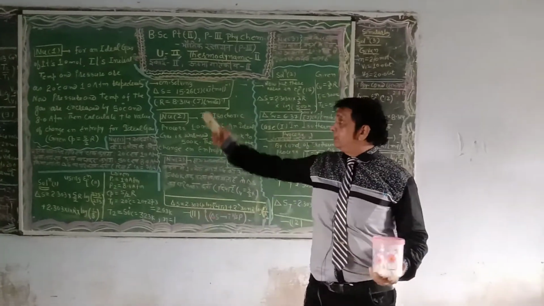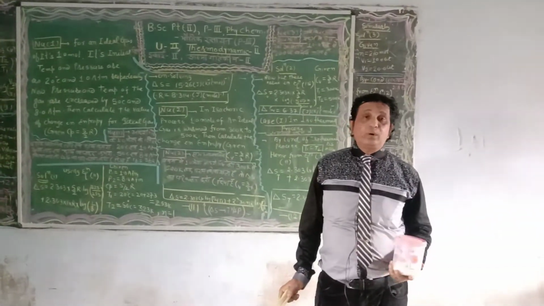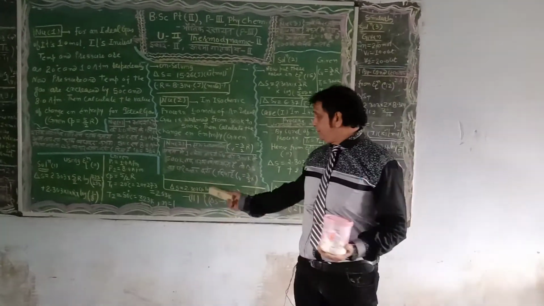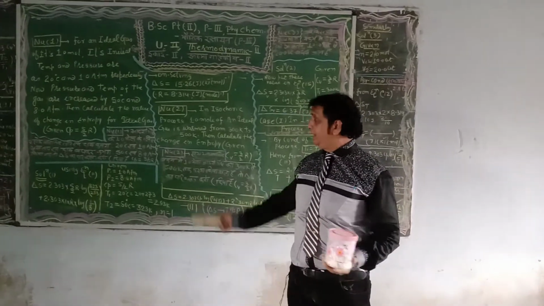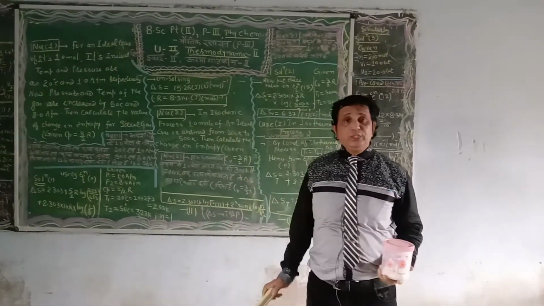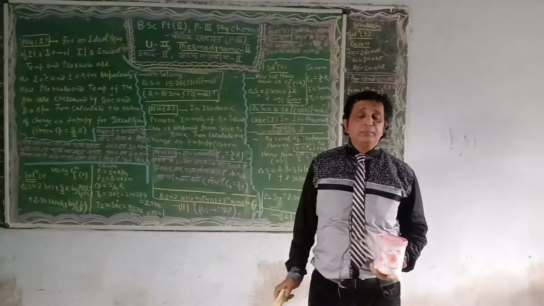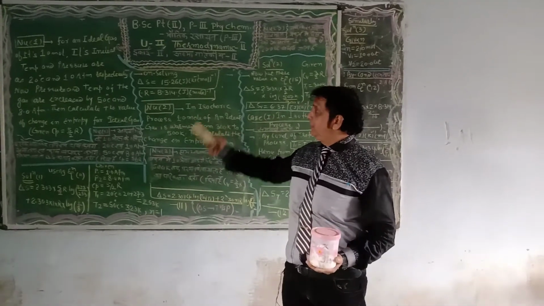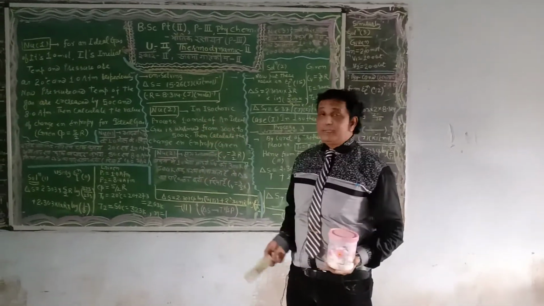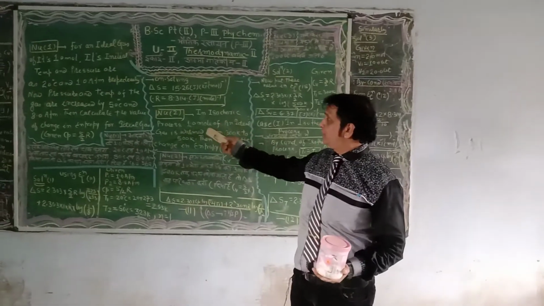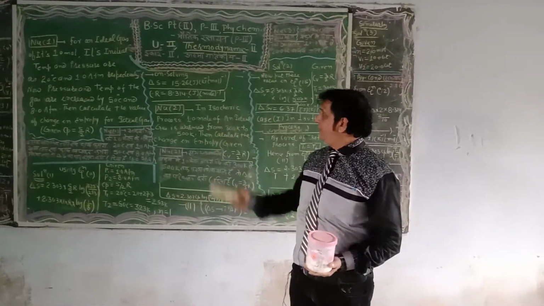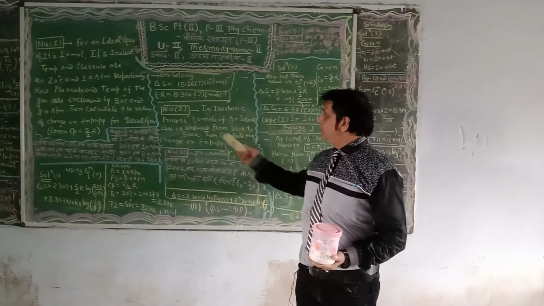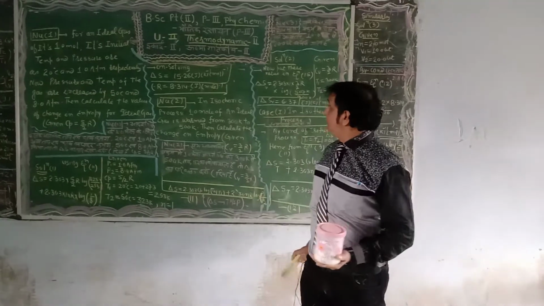Next, after completing numerical number 1, based on change in entropy depending simultaneously on temperature and pressure, comes the next numerical. It is a very special, outstanding numerical, because a special condition is applicable in numerical number 2. I am reading numerical number 2 here: in an isochoric process, 1 mole of an ideal gas is warmed from 300 Kelvin to 500 Kelvin. Calculate the change in entropy, given Cv is equal to 3/2 R.